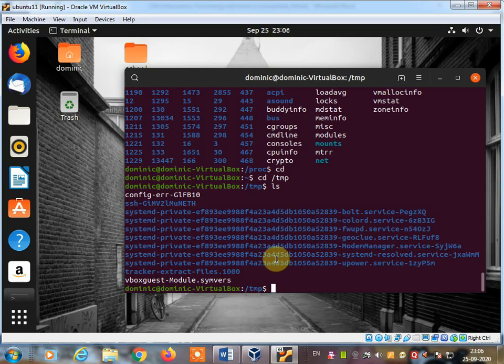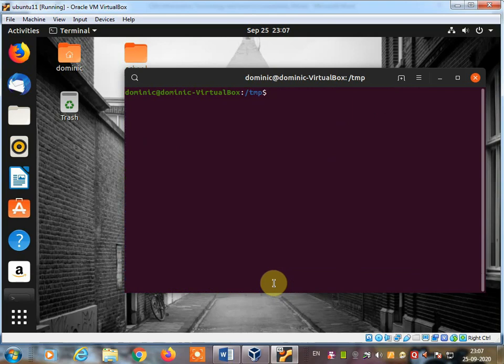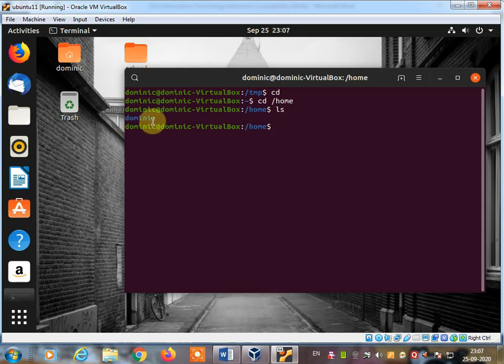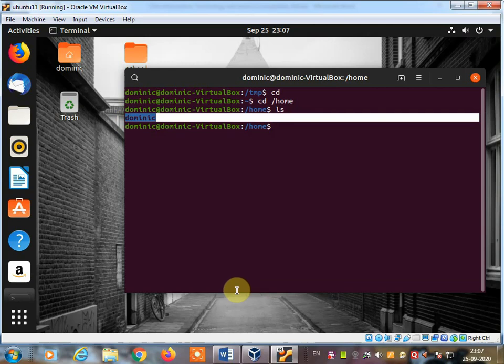And the last one we are going to learn is the home directory. Suppose you want to see the home directory, then you have to use cd /home and press the Enter key. You will enter the home directory, and use the ls command. In the home directory there is one more directory, that is the user account.